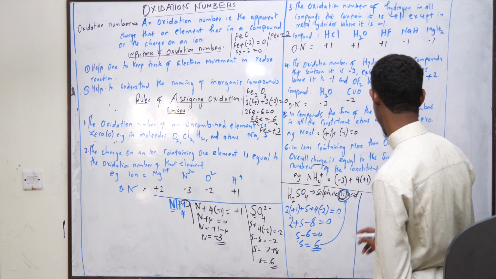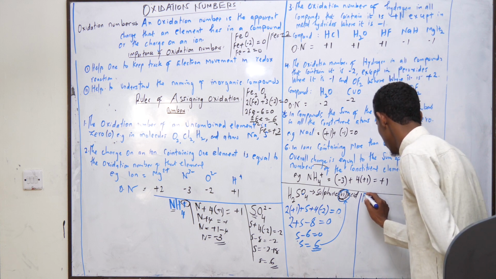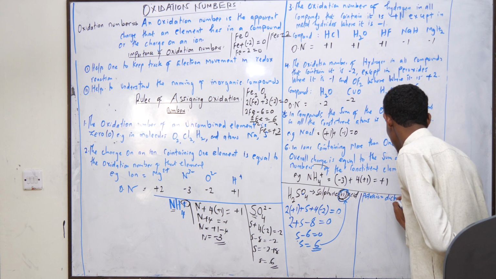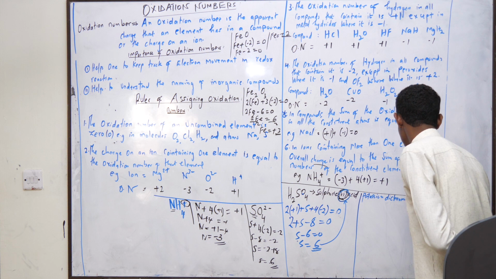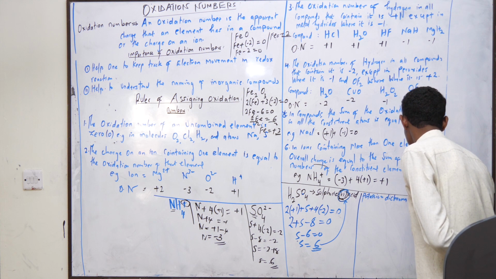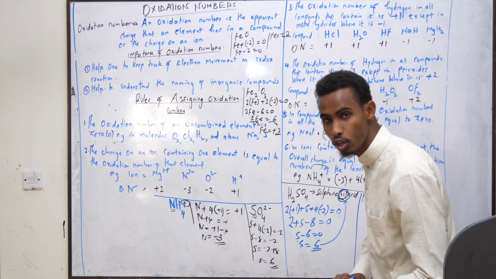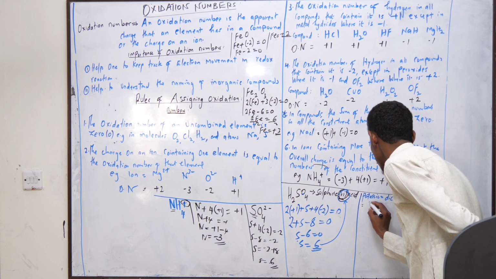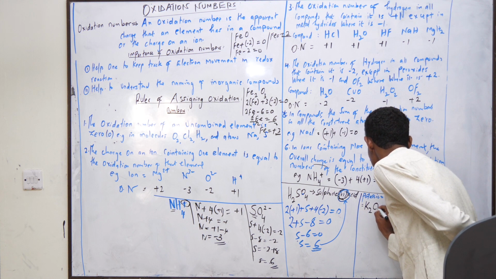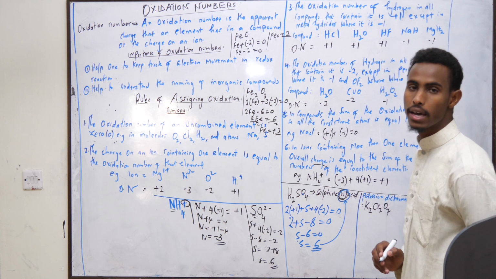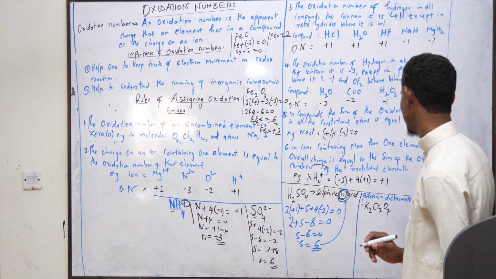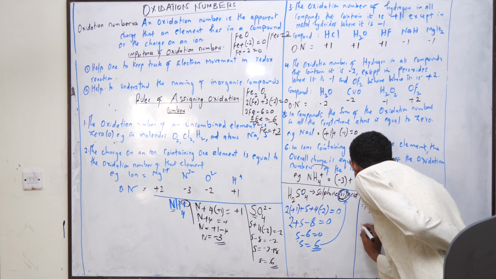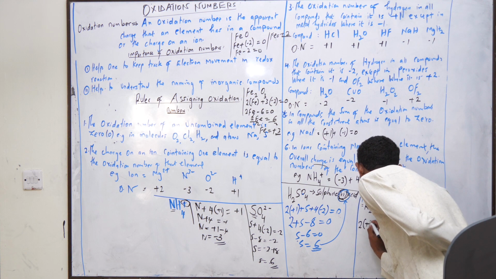Potassium dichromate 6. How is it going to be? You're having K2Cr2O7. That is the chemical formula for potassium dichromate 6. Now we want to look for the oxidation number of that. We have 2, and we know the oxidation number of potassium is positive 1, plus